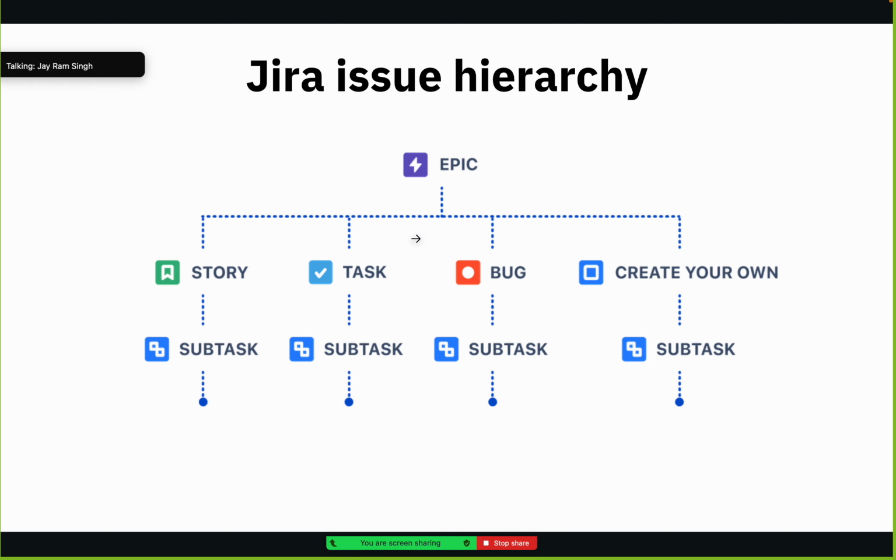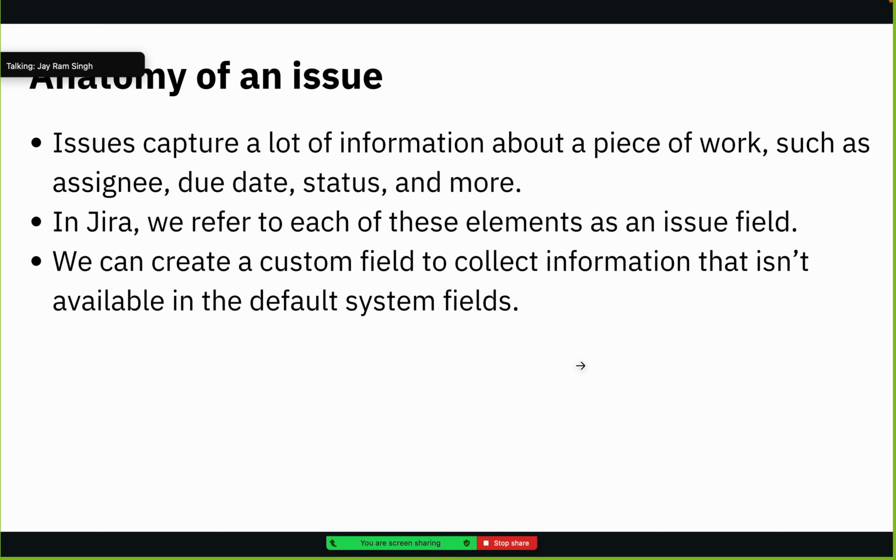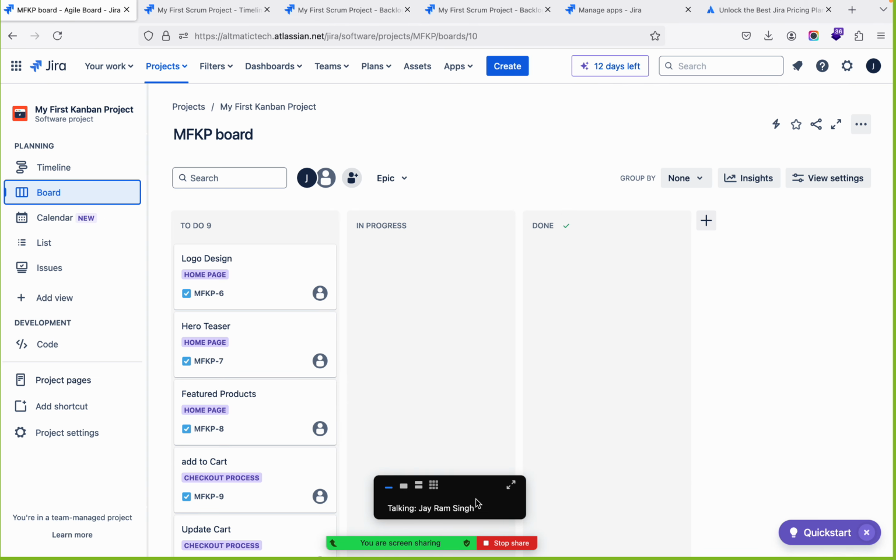So this is the JIRA issue hierarchy. An epic, within an epic we can put all these things and then subtasks. And if you talk about the anatomy of an issue, anatomy means what information or structure an issue can have. So what structures are there for an issue? If this is the issue,